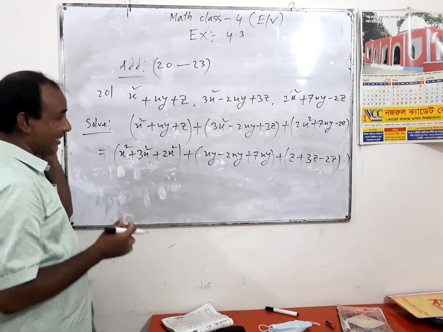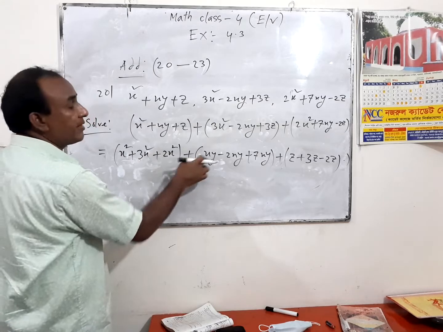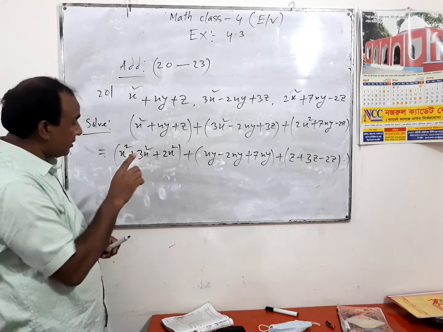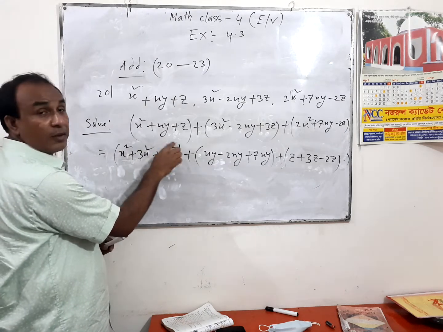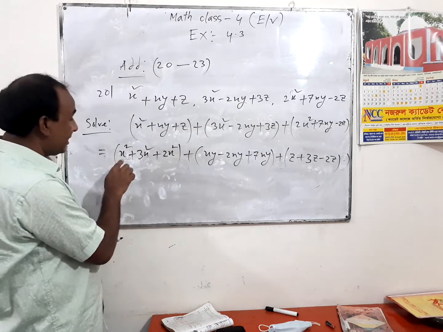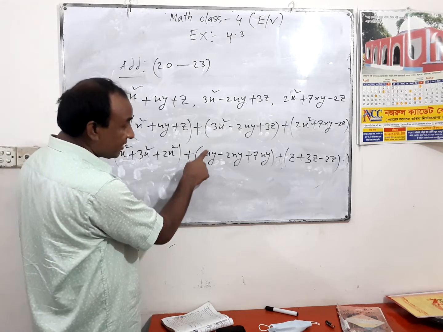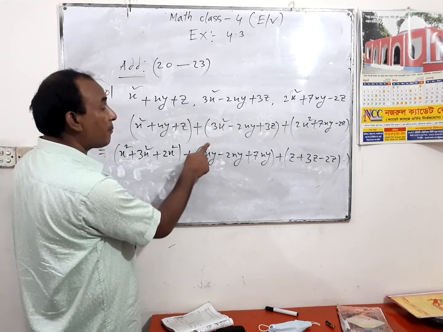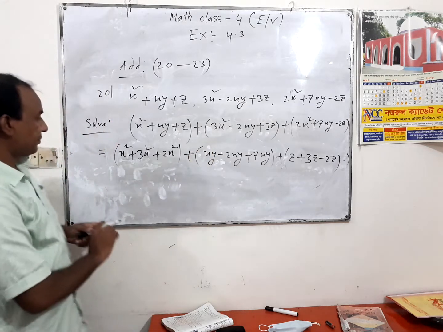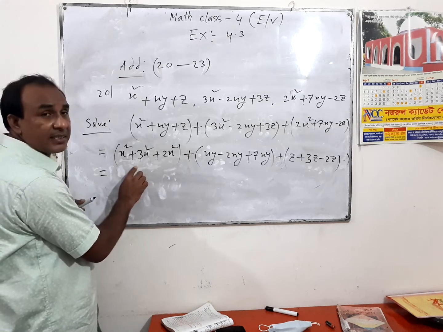Some students are thinking we can arrange x square plus xy because x is there. No, we have to keep in our mind similar terms. For similar terms, this exponent or index of x in x square is 2, but the index, power or exponent of x here is 1. Okay, now it's very simple. We just have to add.